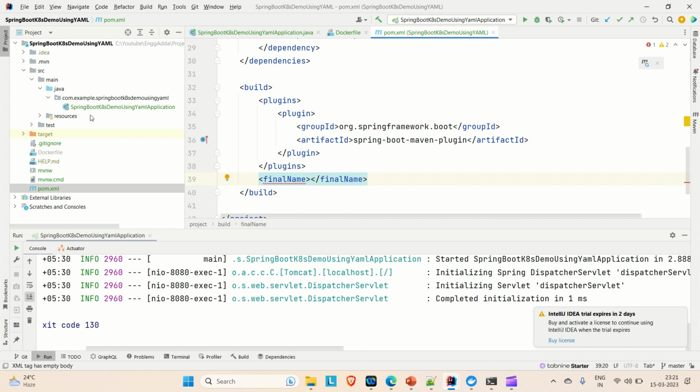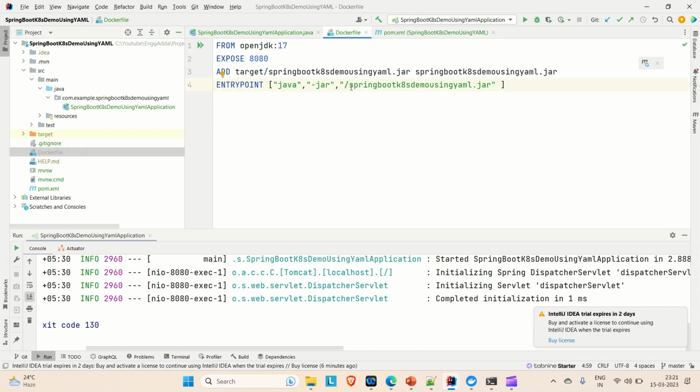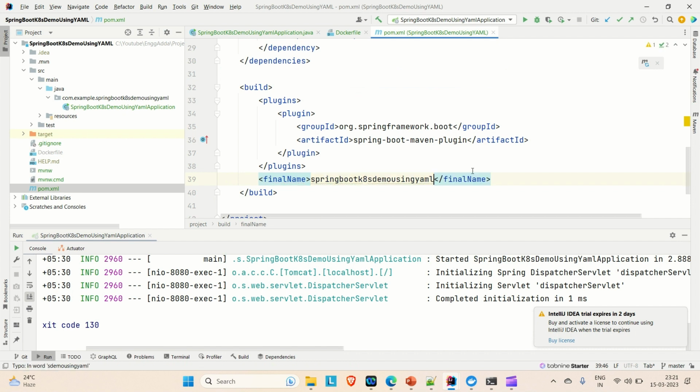So let me try to go to the Docker file and copy this jar file name. So we are going to generate the jar file with the name called Spring Boot K8s demo using YAML. Okay, now come here to the pom.xml, in the final name just put it, and then we need to do